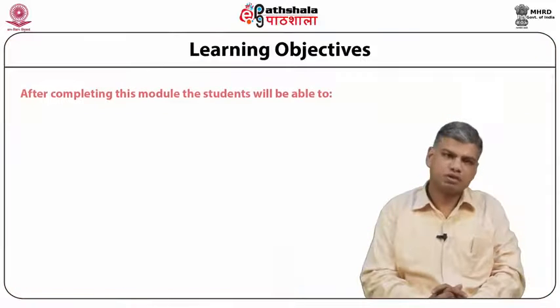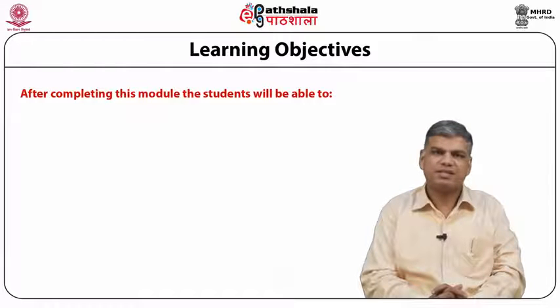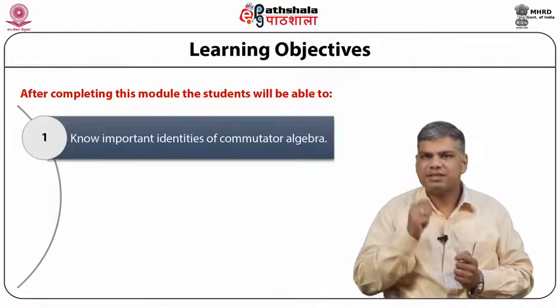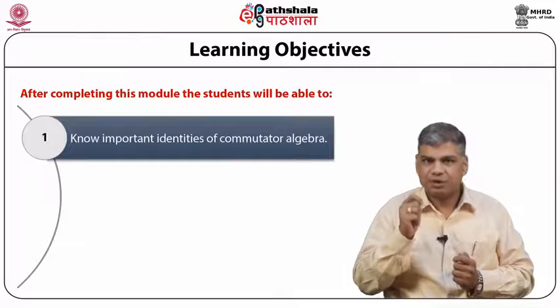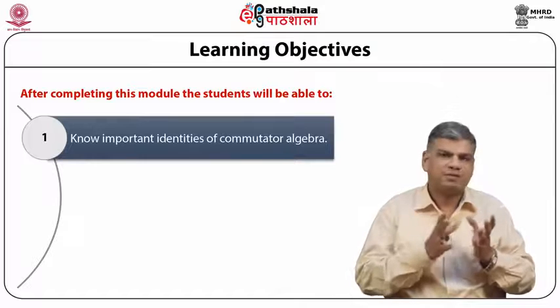Today we are going to discuss a module, properties of operators, commutators and identities, under the paper Quantum Mechanics 1. So students, let us first see what all we are going to be learning in this module. Firstly, we'll know the important identities of commutator algebra. And it's important to know these identities because by using these identities, we can greatly solve the formalism of